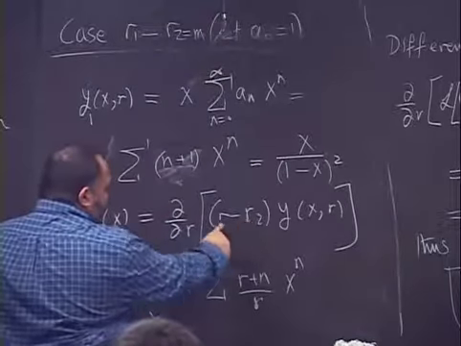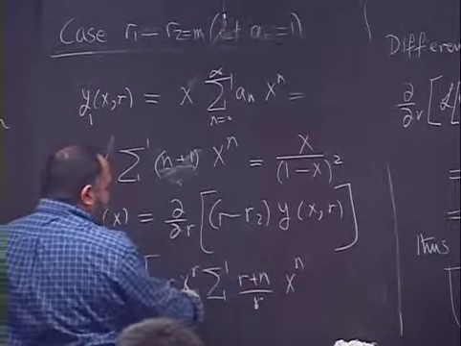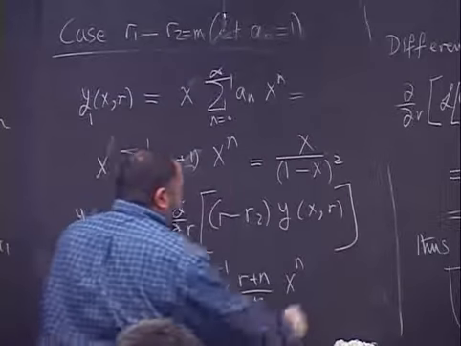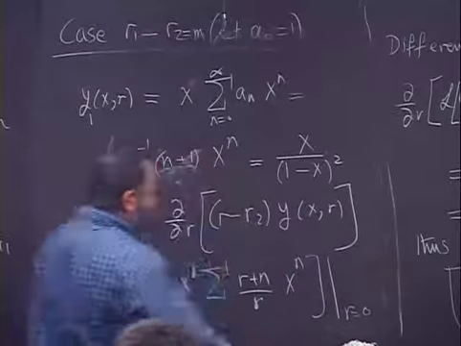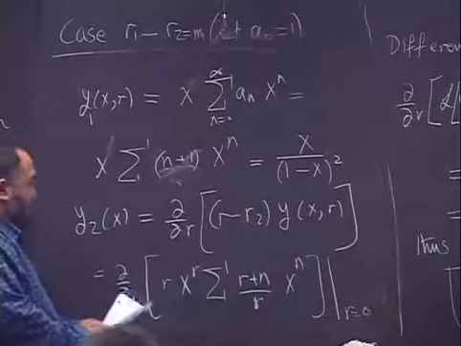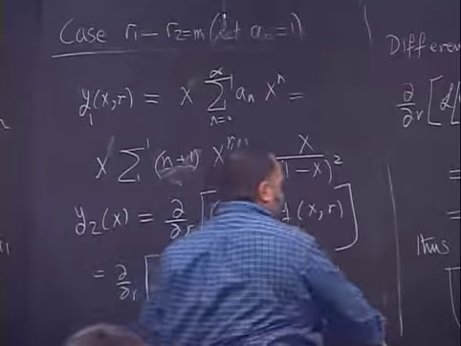R2 is 0, so r minus 0 is r multiplied by y of x and r, evaluated at r equal to what? r2, which is equal to 0. Then when you do this,